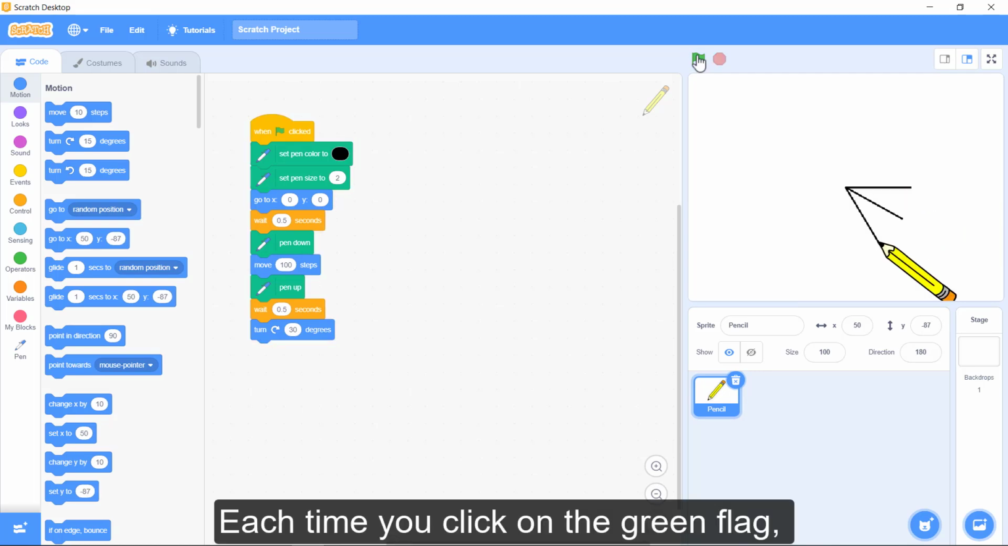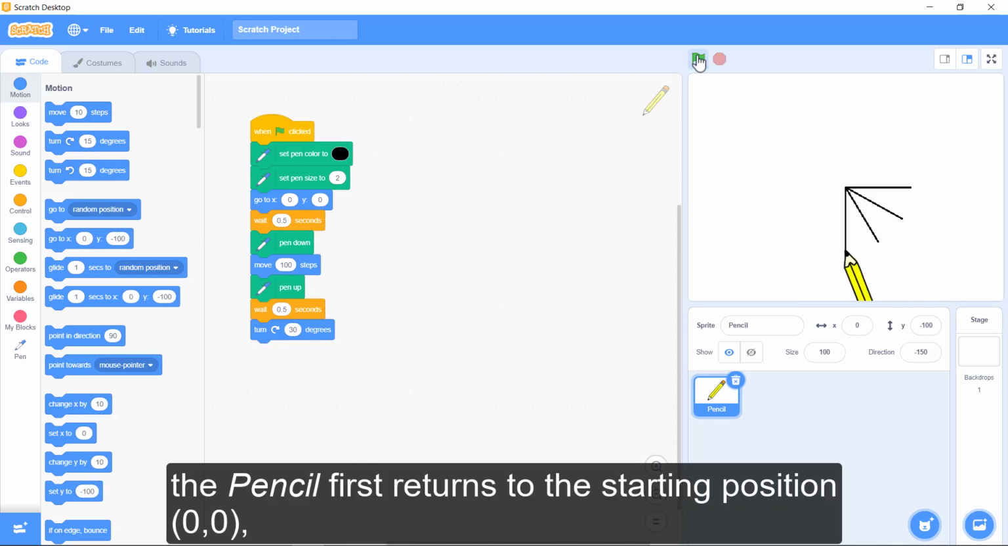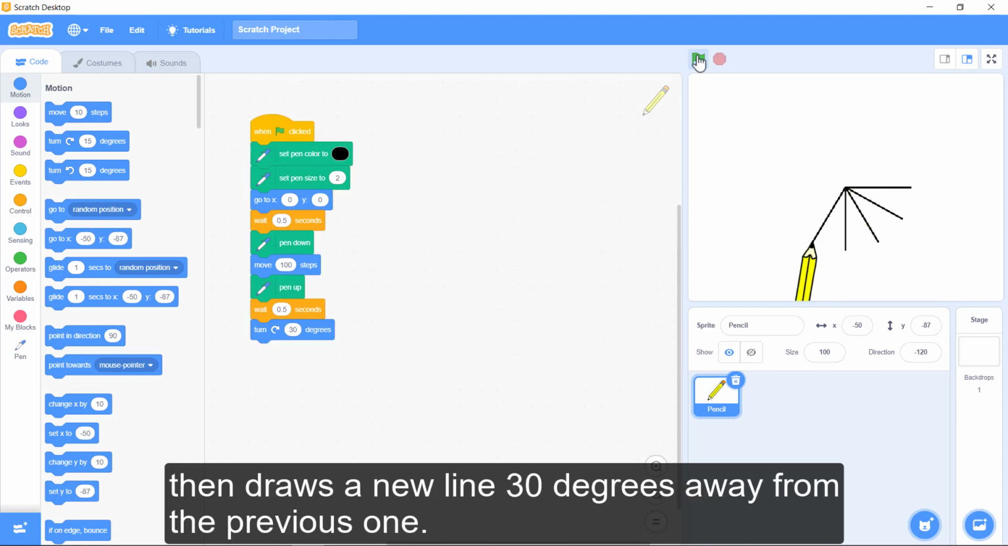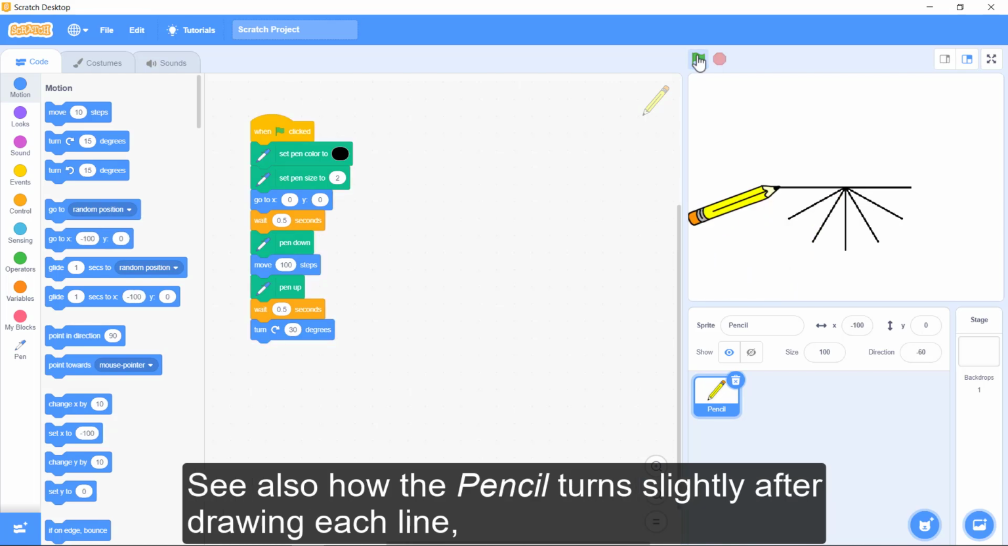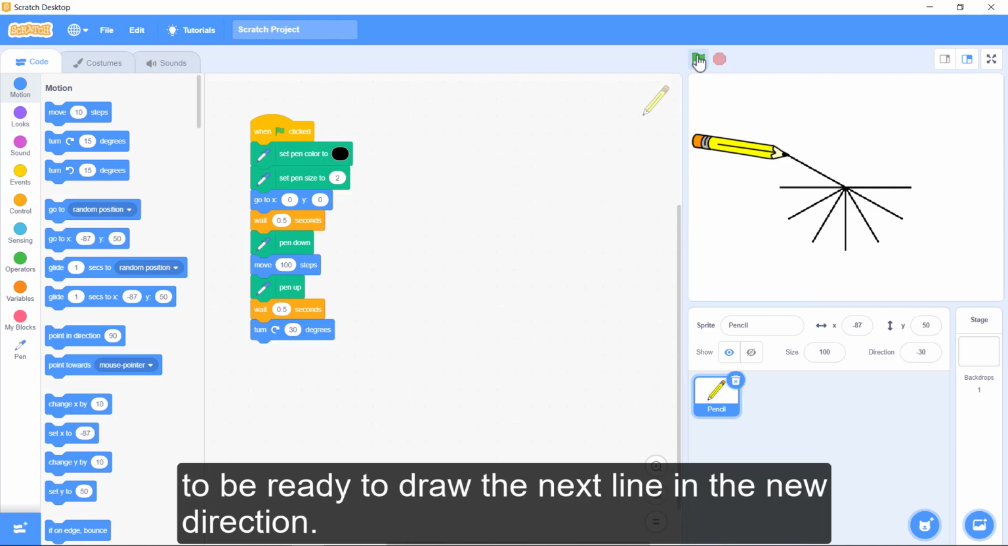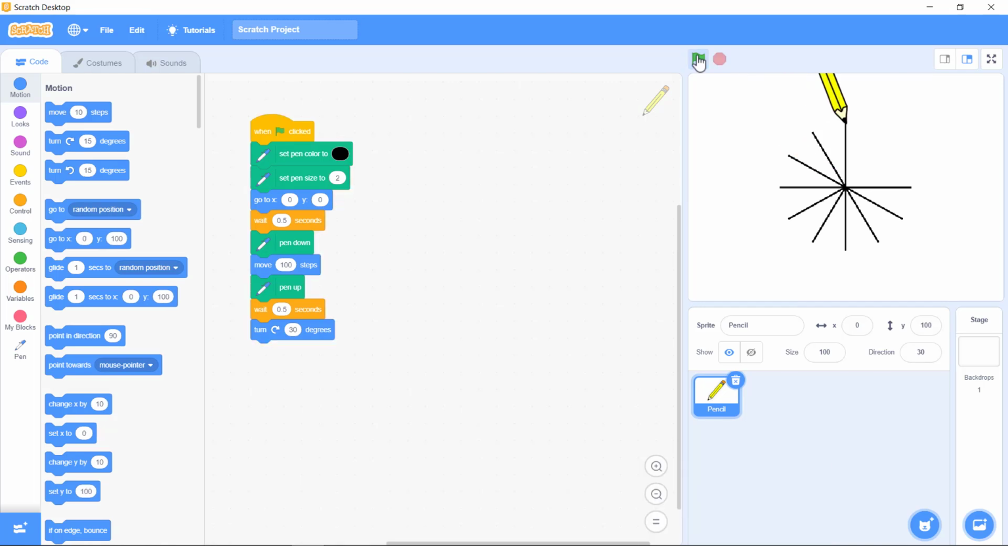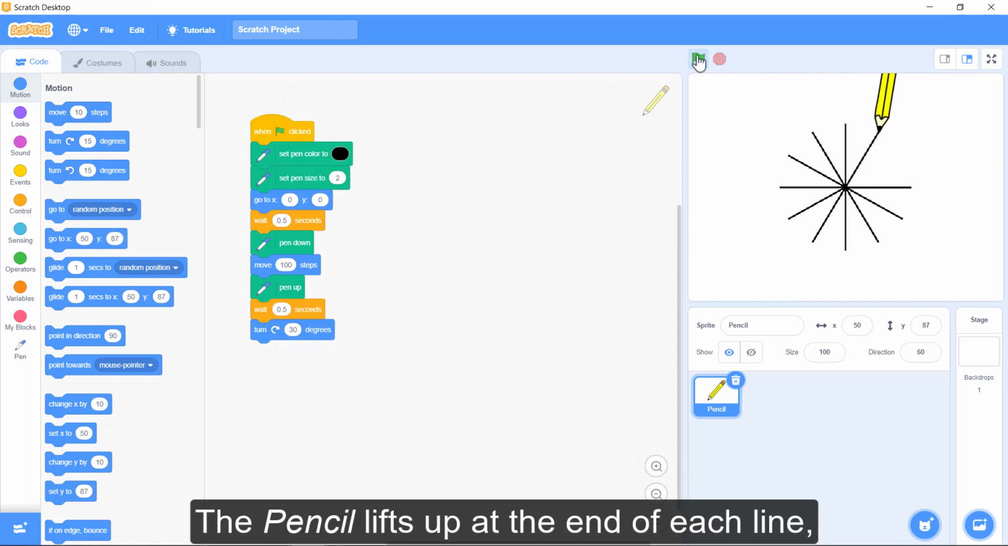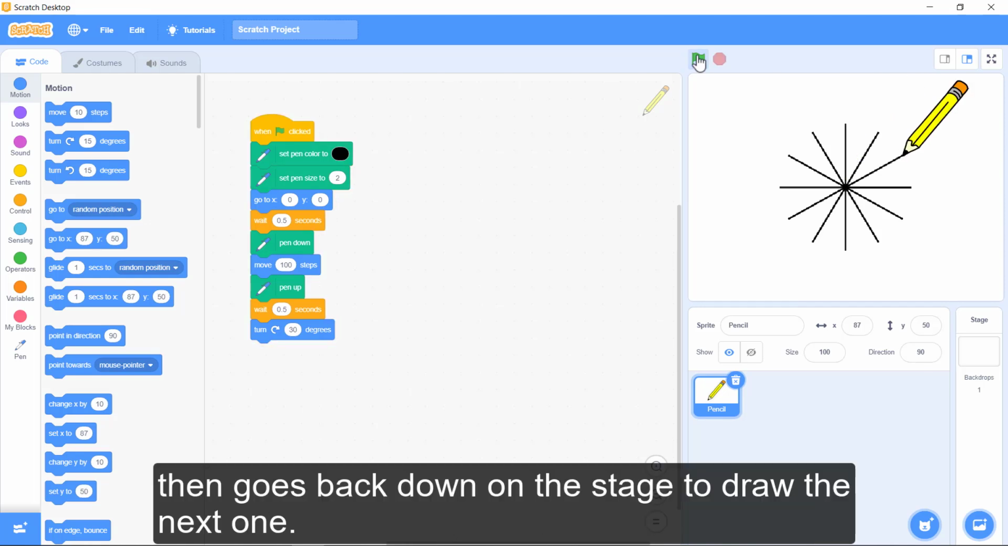Each time you click on the green flag, the pencil first returns to the starting position, 0, 0, then draws a new line 30 degrees away from the previous one. See also how the pencil turns slightly after drawing each line to be ready to draw the next line in the new direction. The pencil lifts up at the end of each line, then goes back down on the stage to draw the